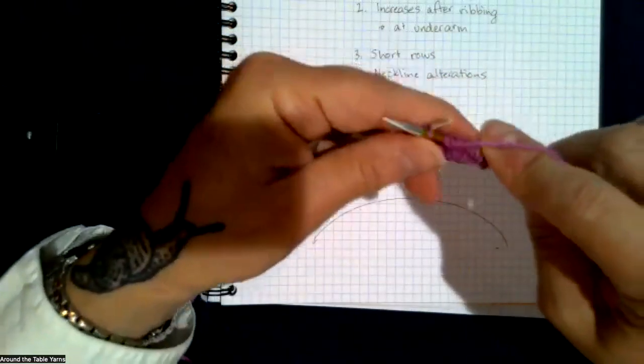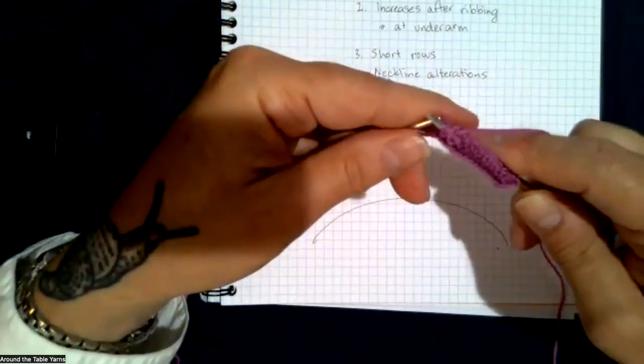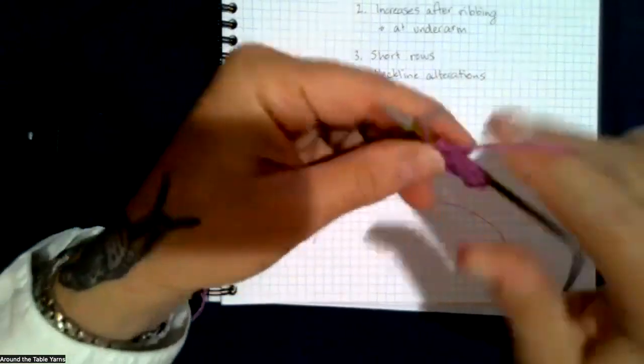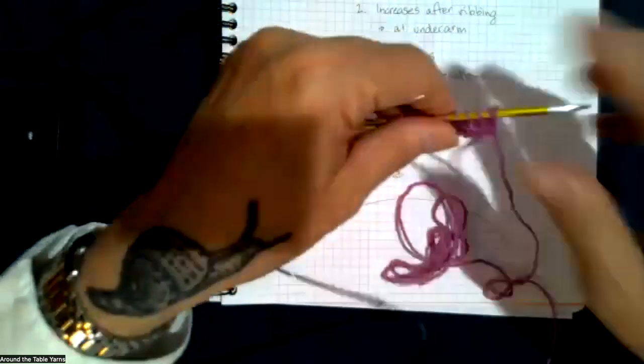So get to the end and put my yarn there. Hello. Okay. So